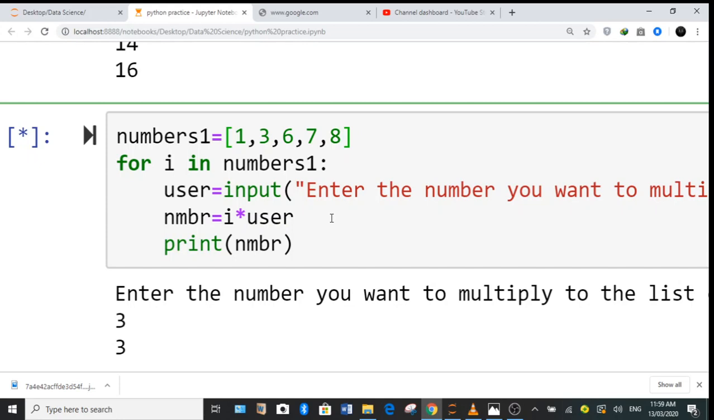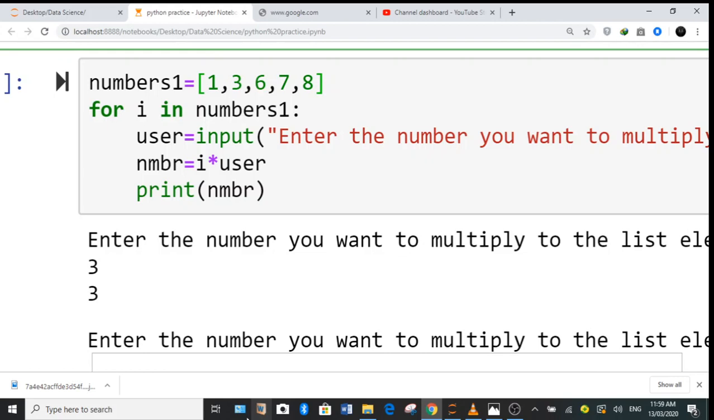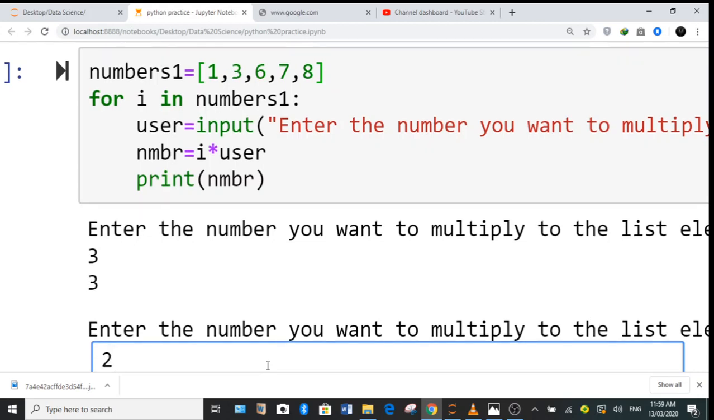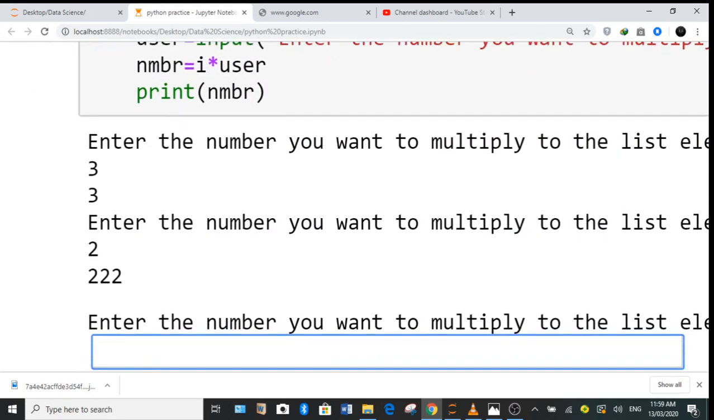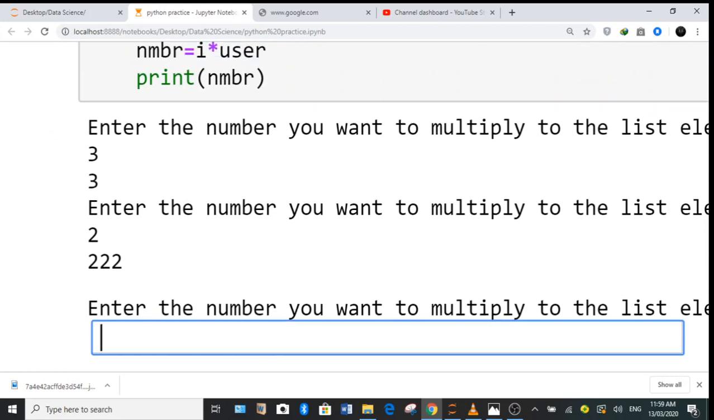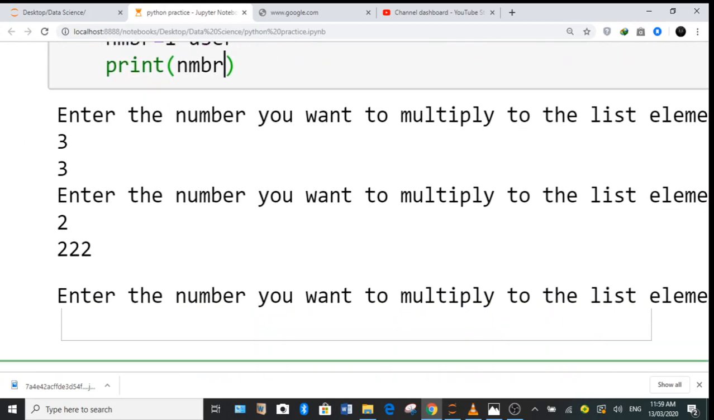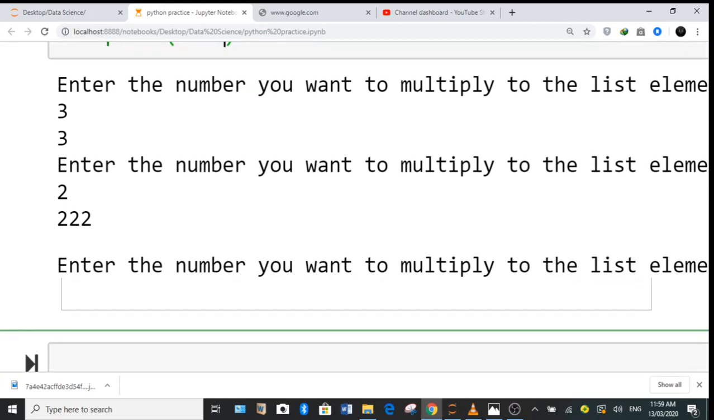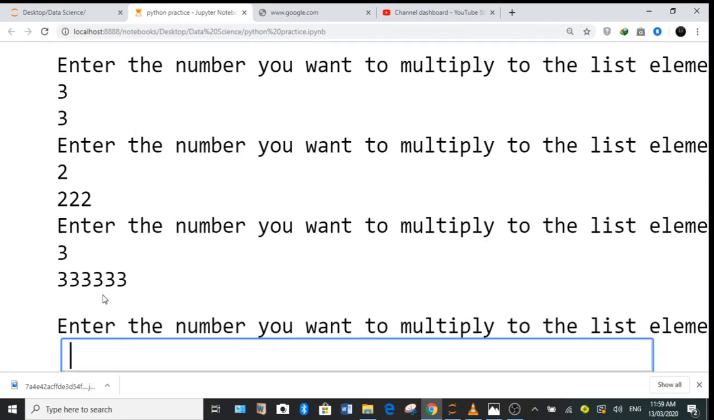Then the next iteration comes and it asks the next value from us, and I write 2 here and then enter. So it comes, why is it giving 222? That's not good, that's not okay. If I write here 3 again,